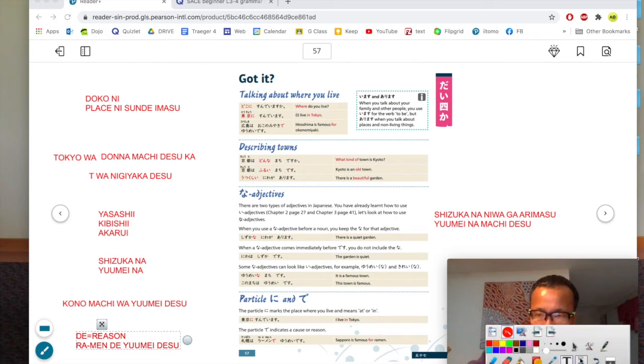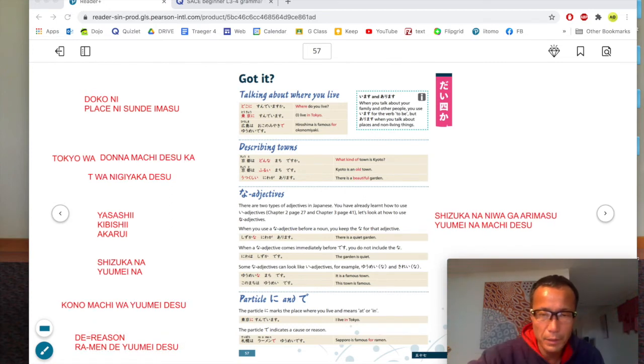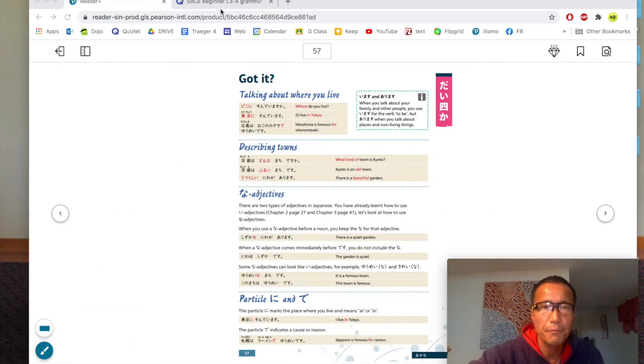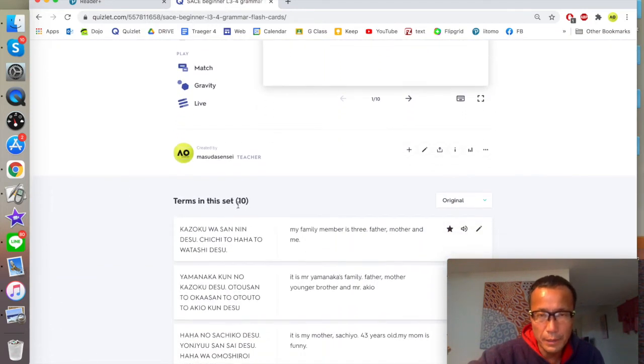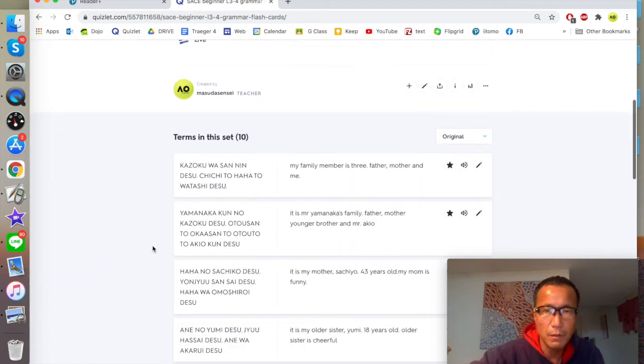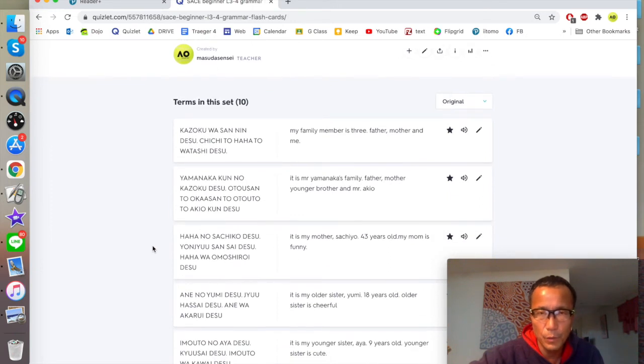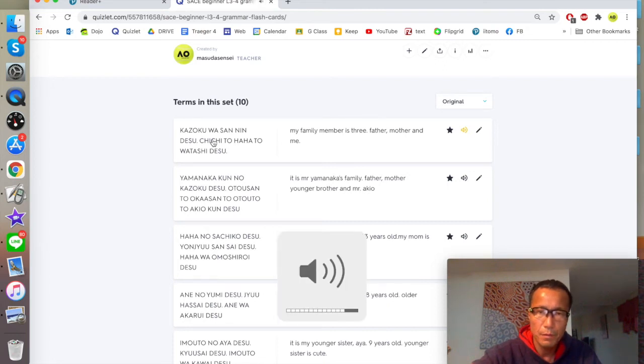Alright, that's the overview of the grammar, and let's move on to the actual sentences. We have only 10, so on your grammar test I will be asking all 10. Some are to translate into English, and the others are to translate into Japanese. So please repeat. I will give you ample time to repeat. 家族は3人です。父と母と私です。